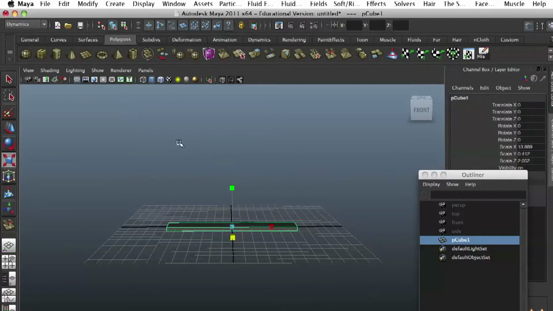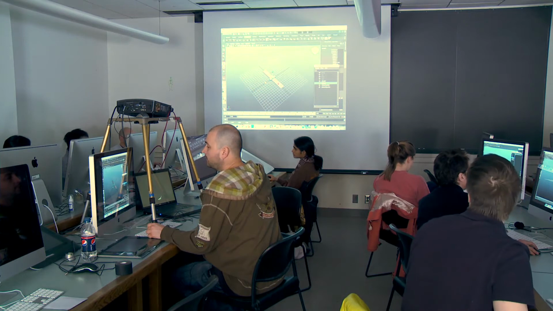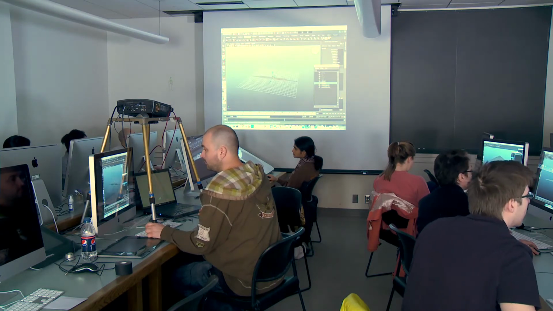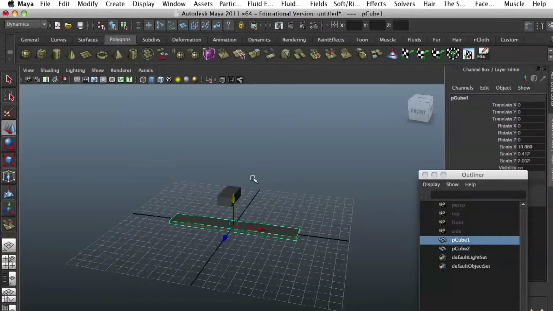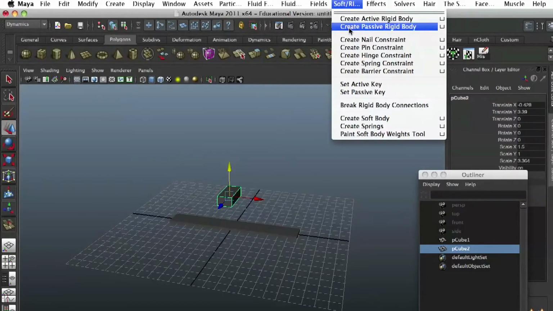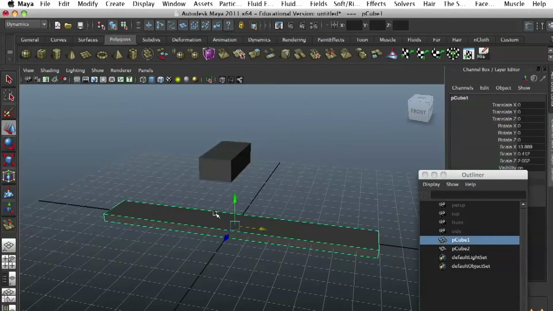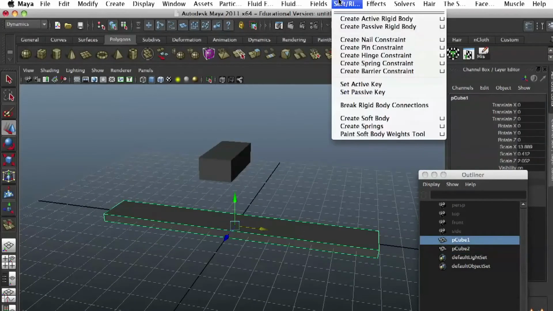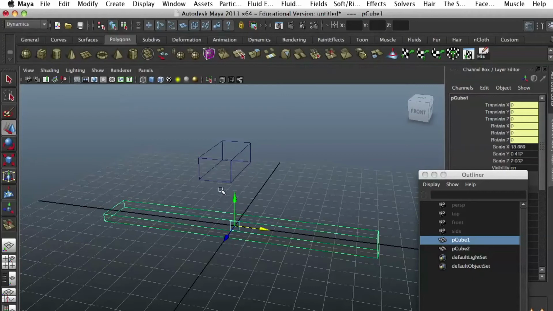All right, so a few more primitives. That'll be a stopper, somewhere here. And then this is going to be our passive body, the stopper, the upper cube. And this cube is going to be our catapult. And do we need a plane on the ground? Passive, no, passive rigid body. So we take that passive rigid body, the bottom one,